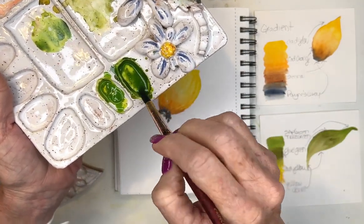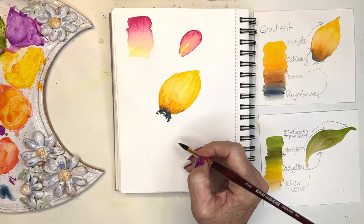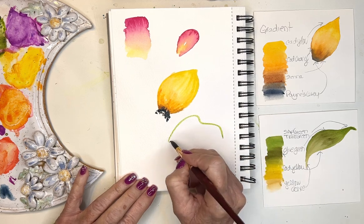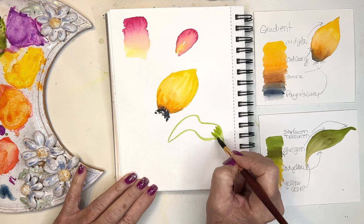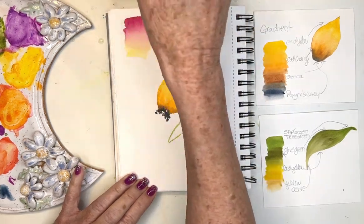So my brush is fully loaded when it's inside here, but I am taking some of that off. Let's create a leaf here. And got to work a little bit fast. So I'm using that wash technique. Now I'm going to wash, rinse my brush,